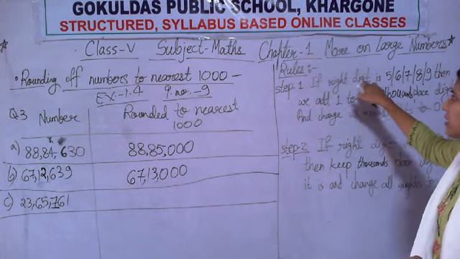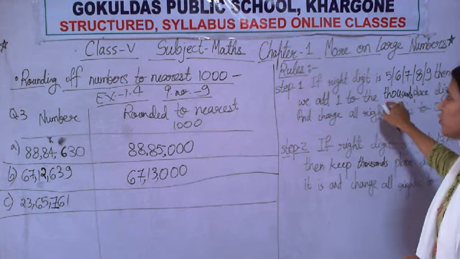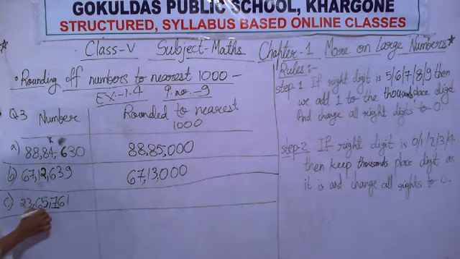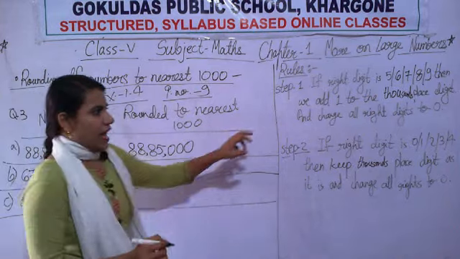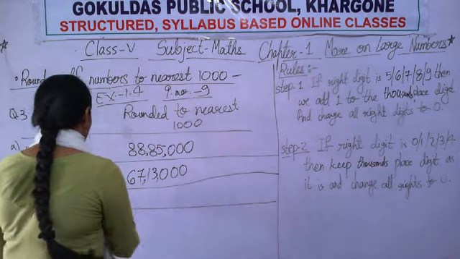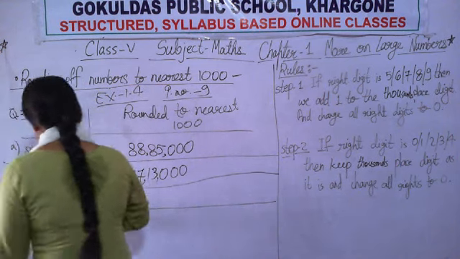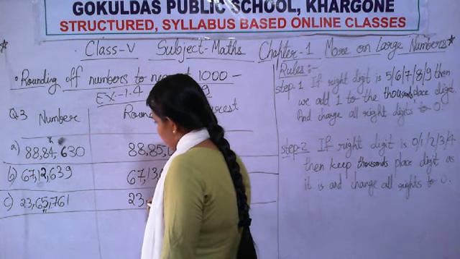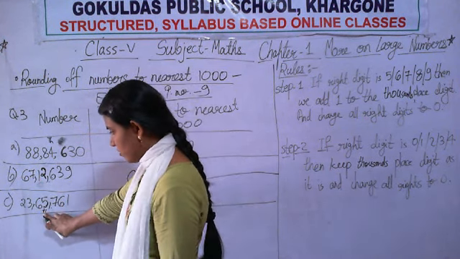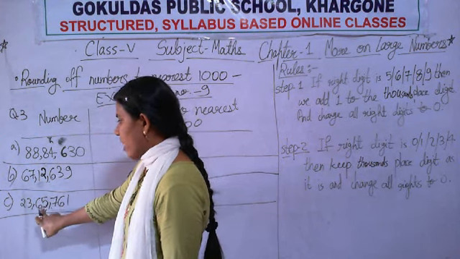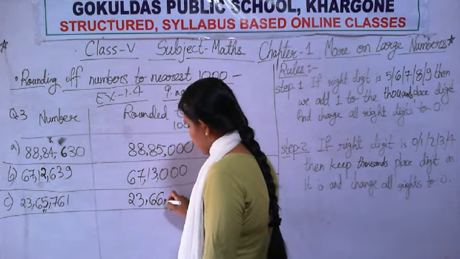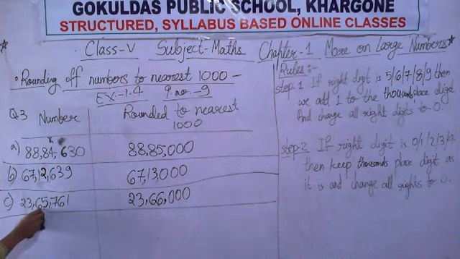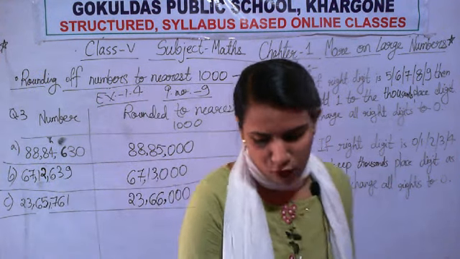So if the right digit is 7, then we add 1 to the thousands place. Then what do we do? We add 1 in the thousands place. Okay? And change all right digits to 0. So you will change all these 3 right digits to 0. Okay, 2 and 3 as it is, 6 as it is, but you are changing this thousands place. 5 plus 1, 6. The remaining 3 digits 0. Okay, so this is how we do rounding off.